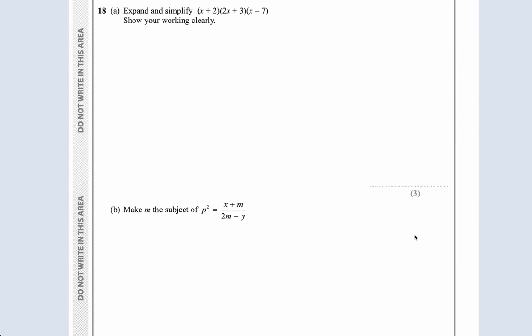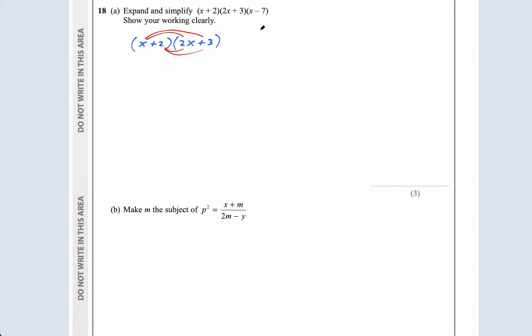Okay, question 18. So we have to expand and simplify 3 brackets. So to do this, guys, you do the first, well, do 2 first. It doesn't matter which 2 you choose. You can choose these 2, you could even choose these 2, but you multiply them out first separately, and you do it the old school way, which is this times this, this times this,